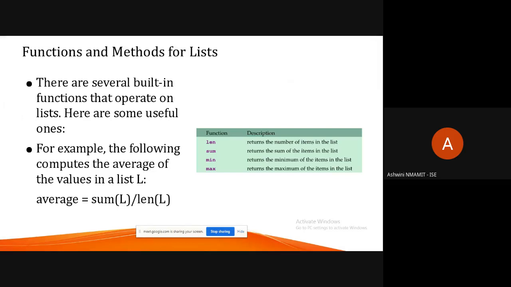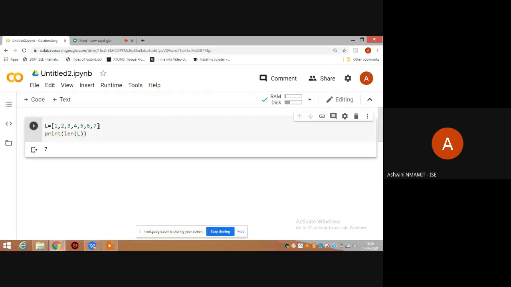Now, the first advantage of a list over strings is that it need not be homogeneous, it can be a heterogeneous set of elements. Another way, suppose you want to find the average of this particular list. Now in a normal programming language, what do we do to find the average of the list? You get a for loop and traverse the array, get the sum of all the elements in the array and then divide by the total number of elements in the array, and that would give me the average.